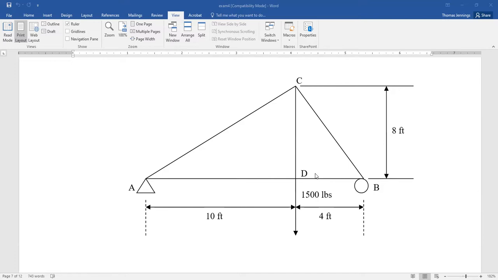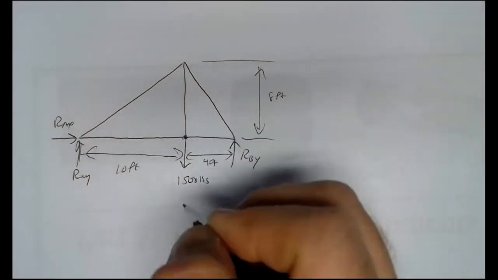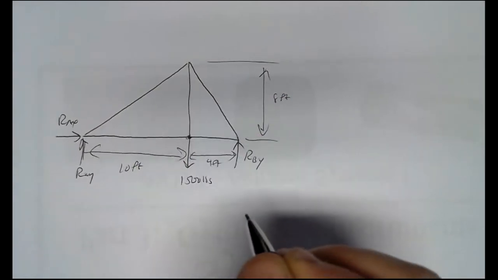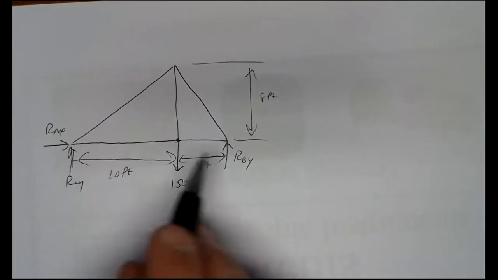So we've got an 8-foot height. We've got a 10-foot and a 4-foot span. We've got a roller at B, so that's RBY. We've got a pinned support at A, so we'd have RAX and RAY, and no other loads. So the picture is going to look something like that. So 1,500 pounds pulling down at this point. We've got our geometry. This is the same basic problem as what we just did in the previous one, finding the reactions at the